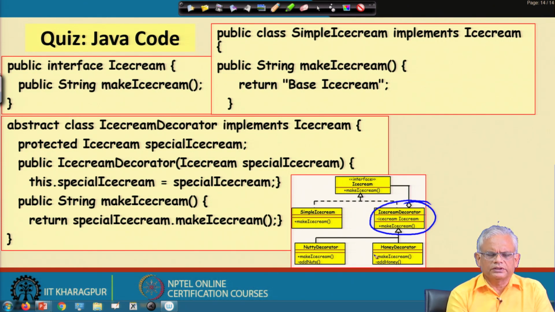Now, here it defines an abstract method, make ice cream, and it returns special ice cream dot make ice cream. Now, this will be overridden by the concrete classes.